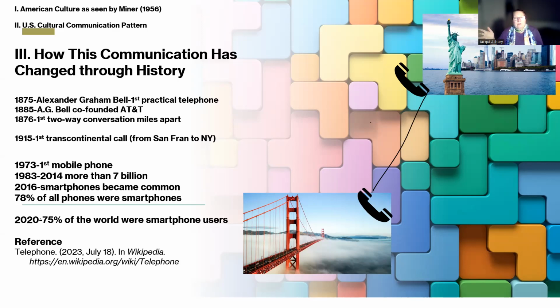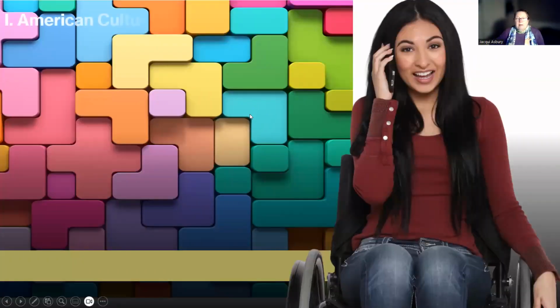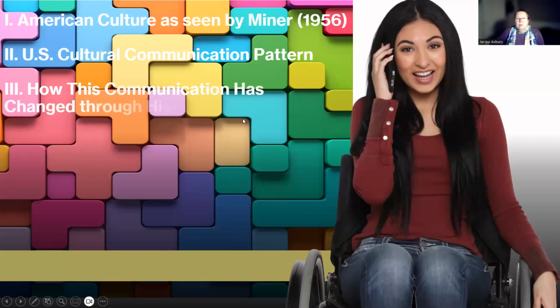But just a few short years later, in 2020, 75% of the world were smartphone users. Now, I used Wikipedia as a source because the references at the bottom of the page were credible and reliable. You can see the resources at the bottom of the Wikipedia page.